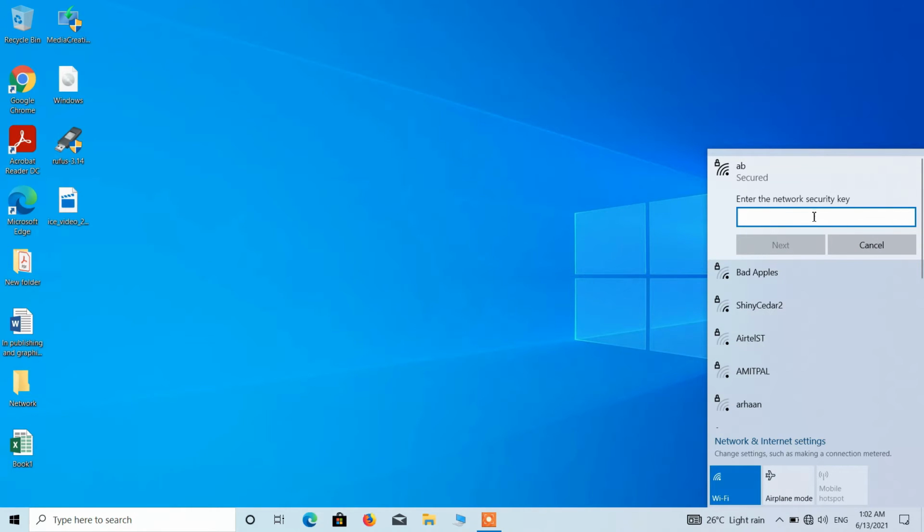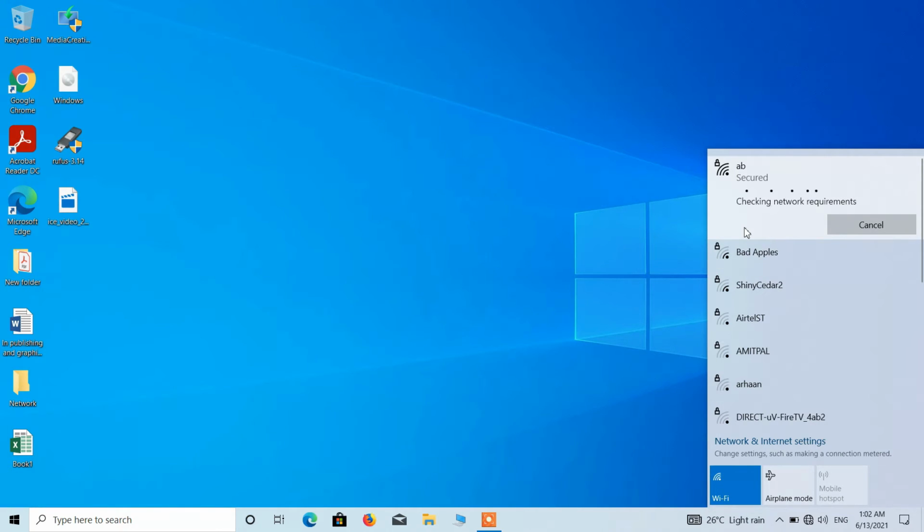Now enter the Wi-Fi password. Make sure that it is correct. After this, click on the next button. So you can see that the issue is now fixed and the network is now connected.